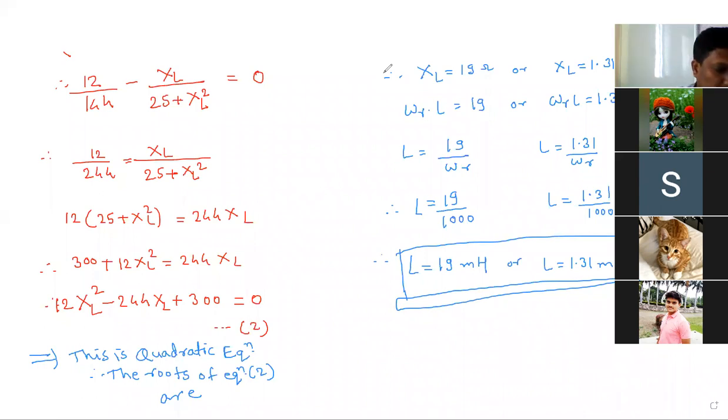So any questions from your side? We have completed the parallel resonance circuit. Theory part we have completed, as well as the numerical examples we have solved. So this will end your second chapter, that is resonance. Resonance is totally based on concepts, definitions, a lot of formulas, numerical examples and different graphs. So this is the combination of all those things. If any questions are there, you can ask. Otherwise, we can stop here.